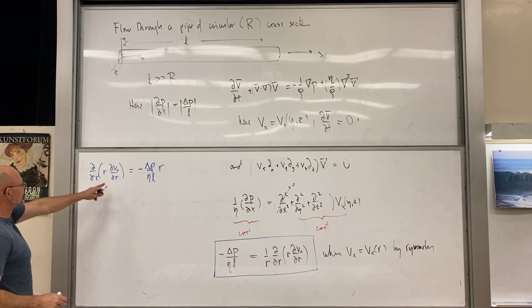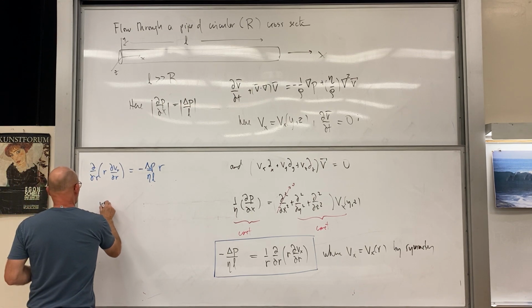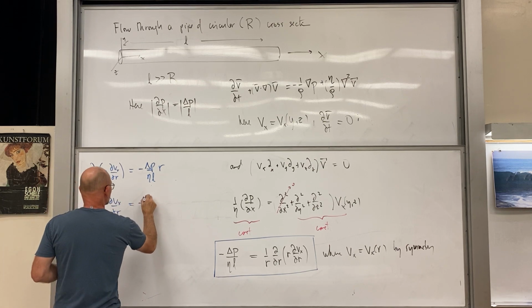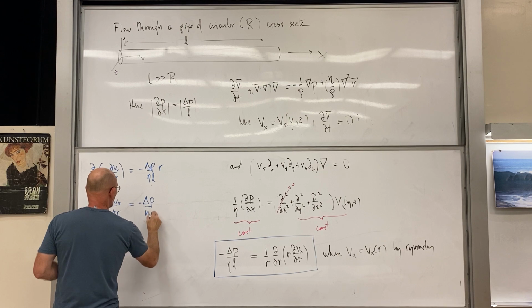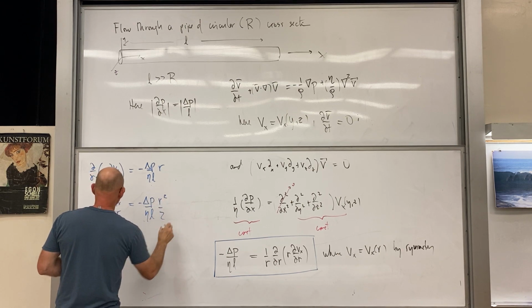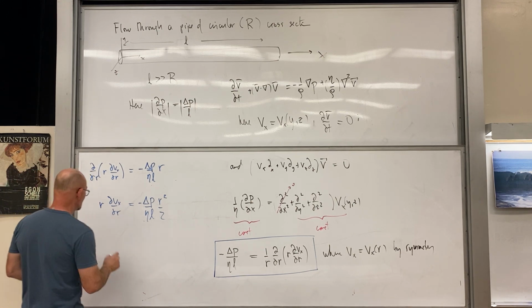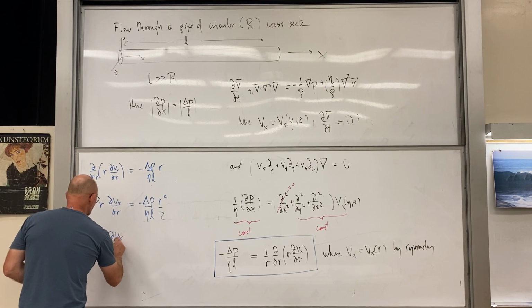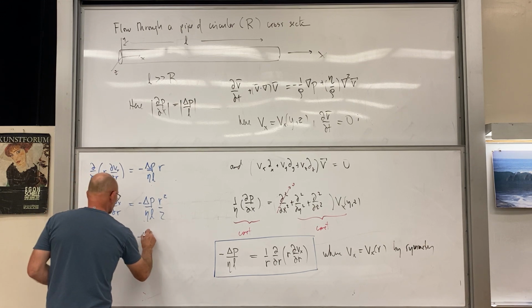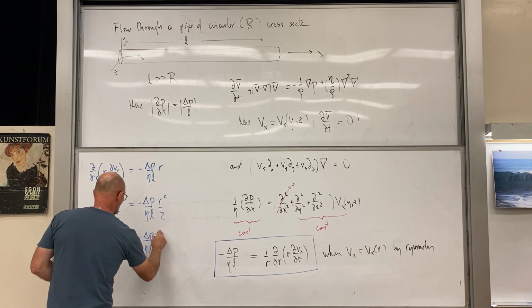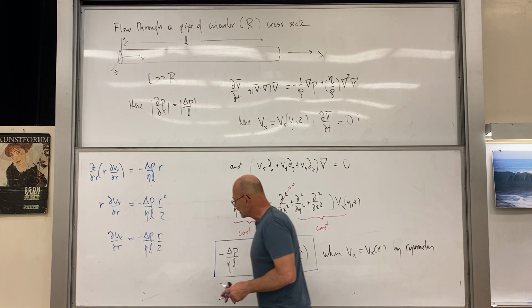And then since that's a derivative there, r dvx dr will be this, minus delta p a to l r squared over 2, right? And then we can divide by the r, so we have dvx dr is equal to minus delta p a to l r over 2. And so when we integrate that up,